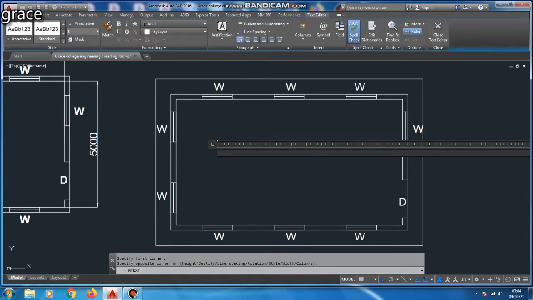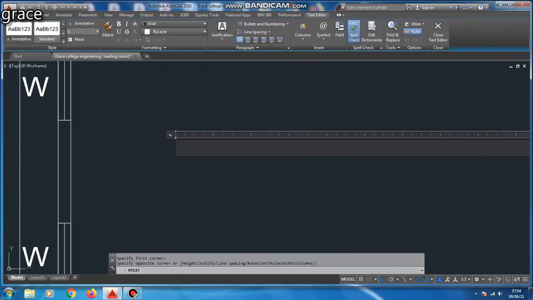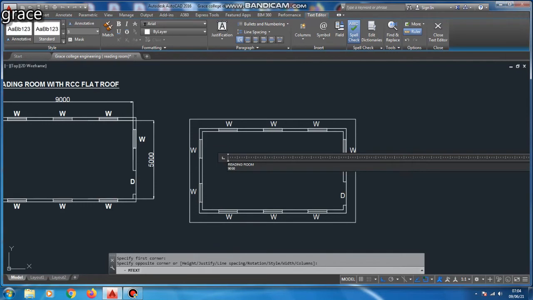From this section, we can easily draw the elevation of our given diagram. I am going to give the heading inside our room, that is reading room. We all know the dimensions, 9000 cross 500 mm.